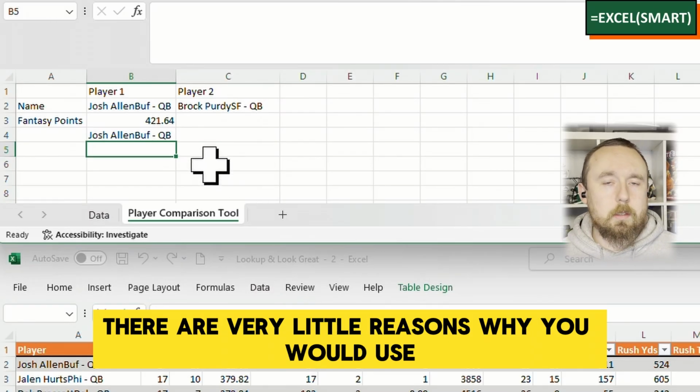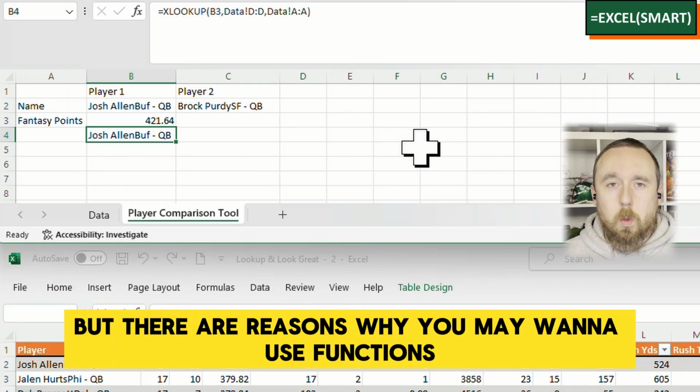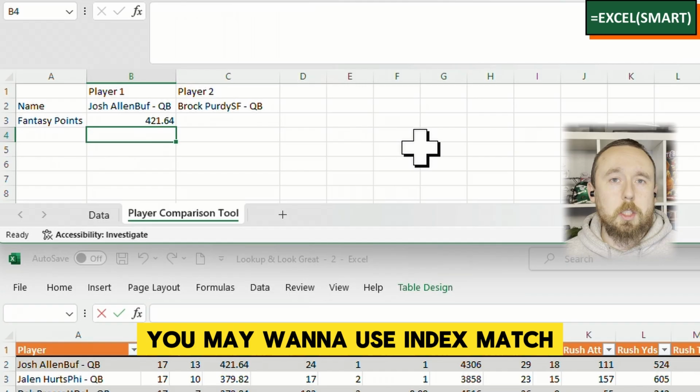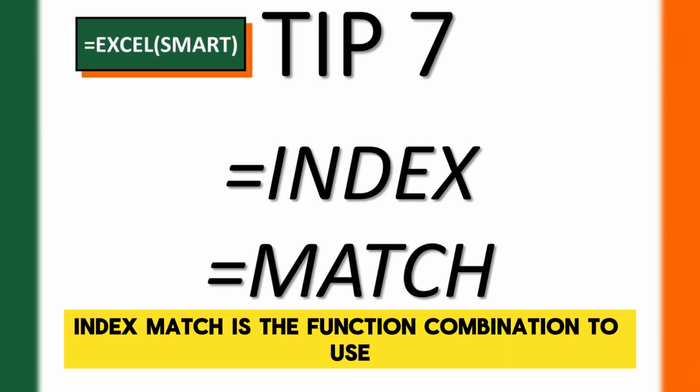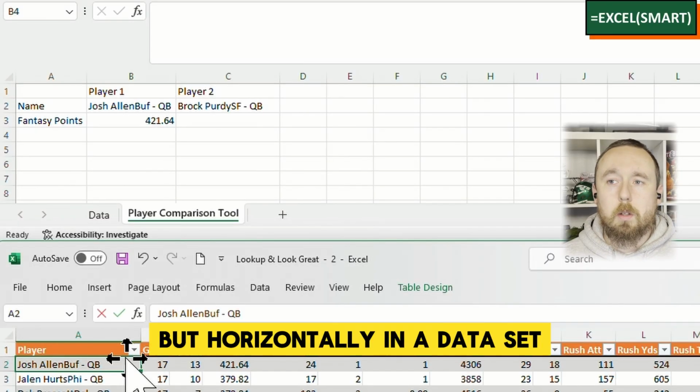There are very little reasons why you would use VLOOKUP now that XLOOKUP exists. But there are reasons why you may want to use functions besides XLOOKUP. Specifically, you may want to use index match. Index match is the function combination to use if you need to look up not just vertically, but horizontally in